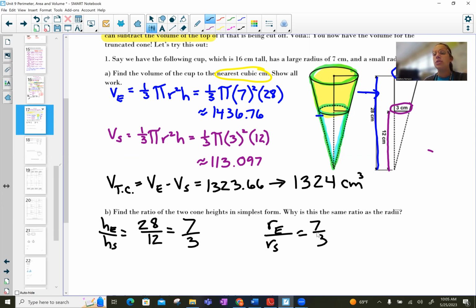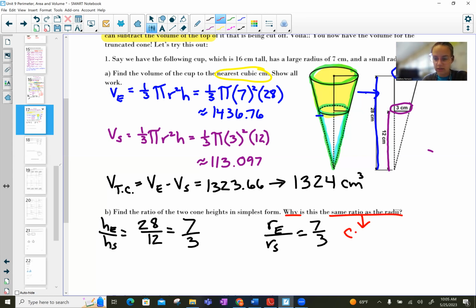It's just off by a multiple of 4. So the reason why this is the same ratio,